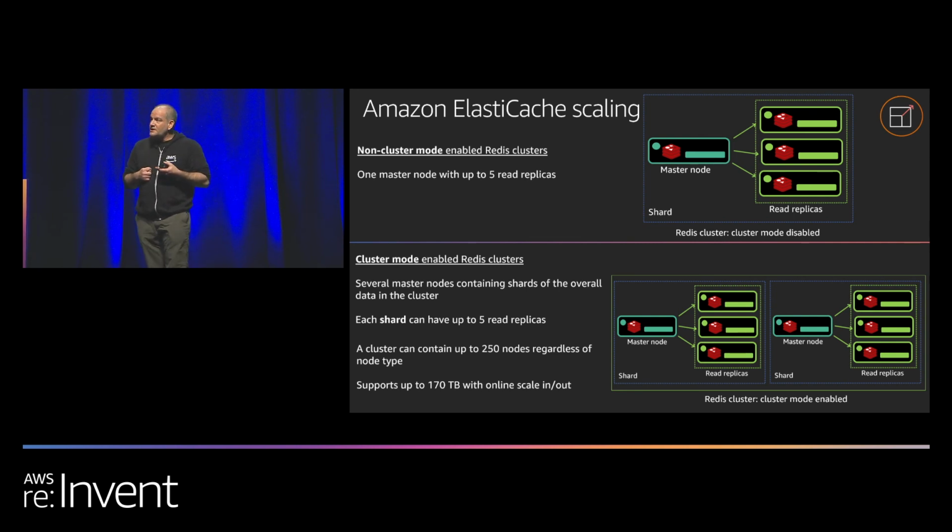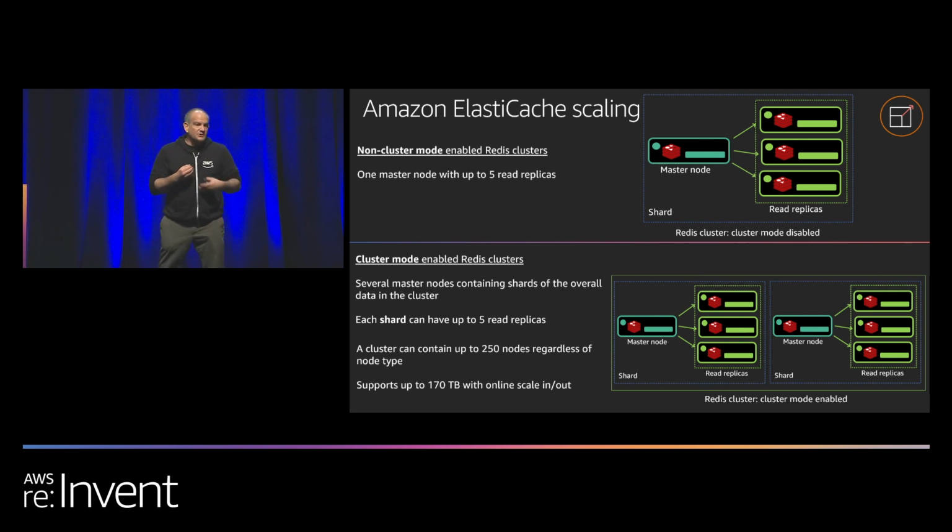In cluster mode enabled mode, what you do is you shard your data. So you can have many masters, and each of these masters would have a replica. It's important to understand that picking a replica is up to the client. So Redis clients that are cluster mode enabled have to query the server and understand which replica is in which endpoint. And that way, you're able to scale out, essentially.